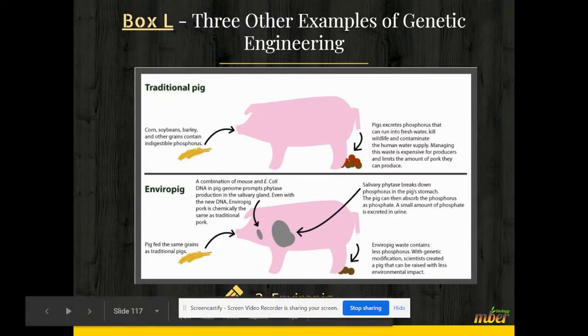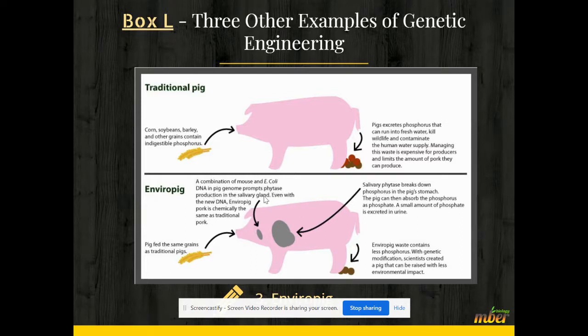EnviroPig. This pig normally eats soybeans, barley, and other grains containing indigestible phosphorus, and the pig will excrete phosphorus that can run into fresh water and kill wildlife and contaminate the human water supply. And it's expensive to monitor this. However, EnviroPigs have a combination of mouse and E. coli DNA in their genome, which prohibits, I can't even say that,